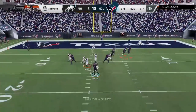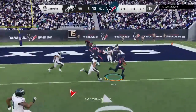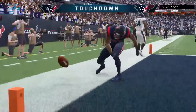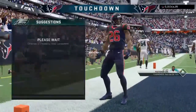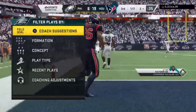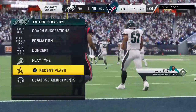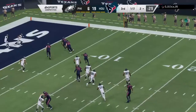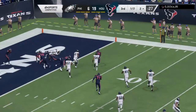2nd down and goal. Watson. Now they set up the screen. That's complete. And he'll take this one in for a Texans touchdown. A 5-yard touchdown. And the Texans push further out in front. Still plenty of time left in the game, but now starting to pull away a little bit, get some breathing